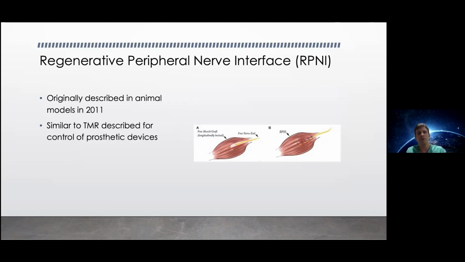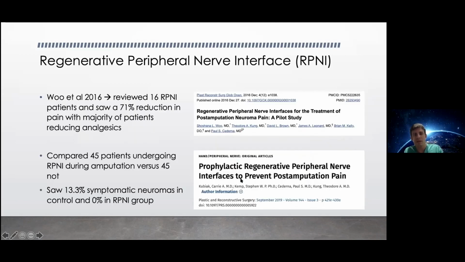new concept of regenerative peripheral nerve interface, which was described back in 2011 in animal models. It's similar to TMR, and it was described again for control of prosthetic devices, but it involves harvesting a free muscle graft, a non-vascularized free muscle graft, and the distal nerve or fascicle of the nerve is actually buried into the free muscle graft. Then the tissue is all closed over it, and the free muscle graft is allowed to revascularize. And they've shown in animals that it does revascularize, and that the nerve does innervate that small muscle graft via